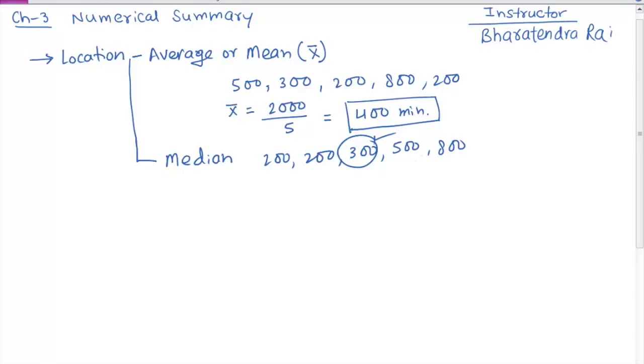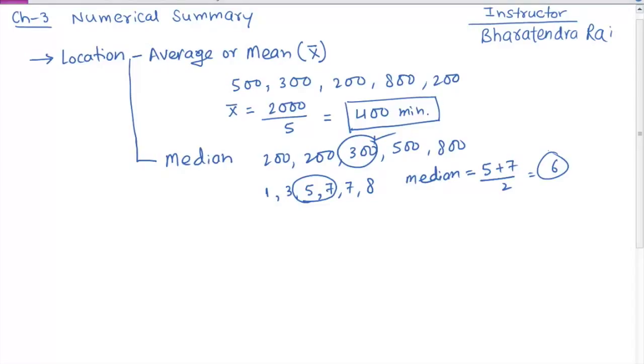Now if instead of an odd number you have an even number of data points, for example say you have 1, 3, I'm already putting them in order, 7, 7, 8, now you have 2 data points in the middle. Whenever that happens, you take the average of the two. So the median will be 5 plus 7 by 2, which is 6. Median can be used in situations where your data indicates there is a lot of skew, whether right skewed or left skewed.